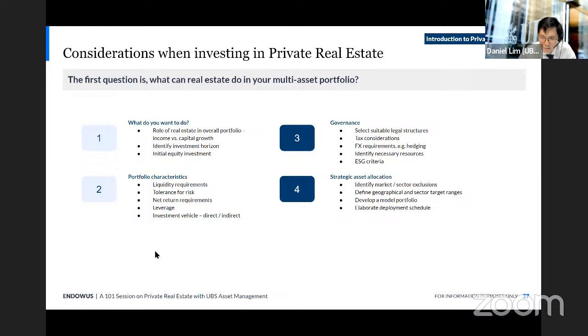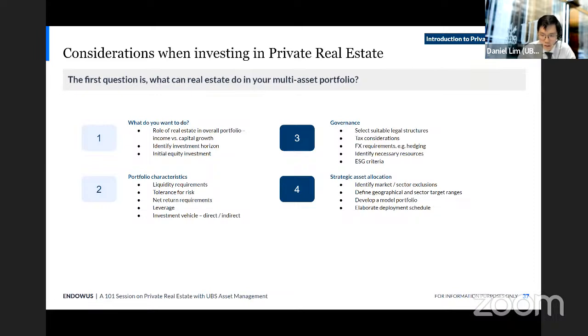Again, quite a lot is listed here, but a few of them have already been touched on. There are really two things in particular which I wanted to discuss here, relating to point 1 and point 4. For point 1, I think it's important to consider what your investment horizon is and your liquidity requirements, as these will impact your income and capital return targets. Typically, core investments are lower returning, and as a result, you're probably going to see a roughly equal split of income and capital return.